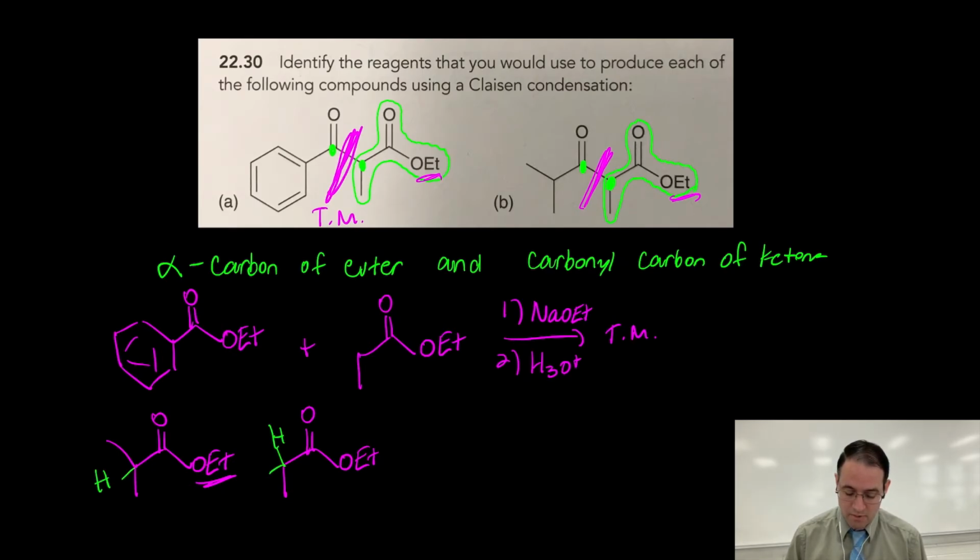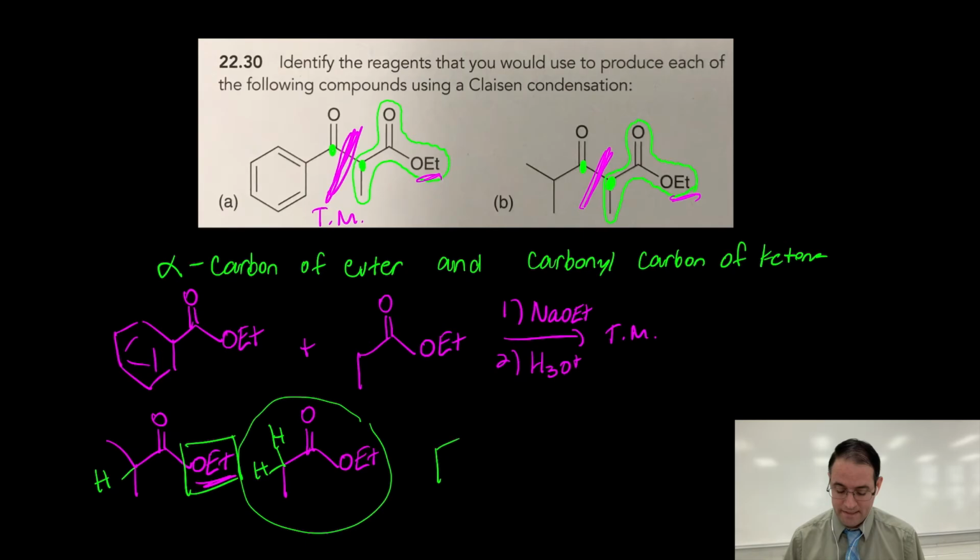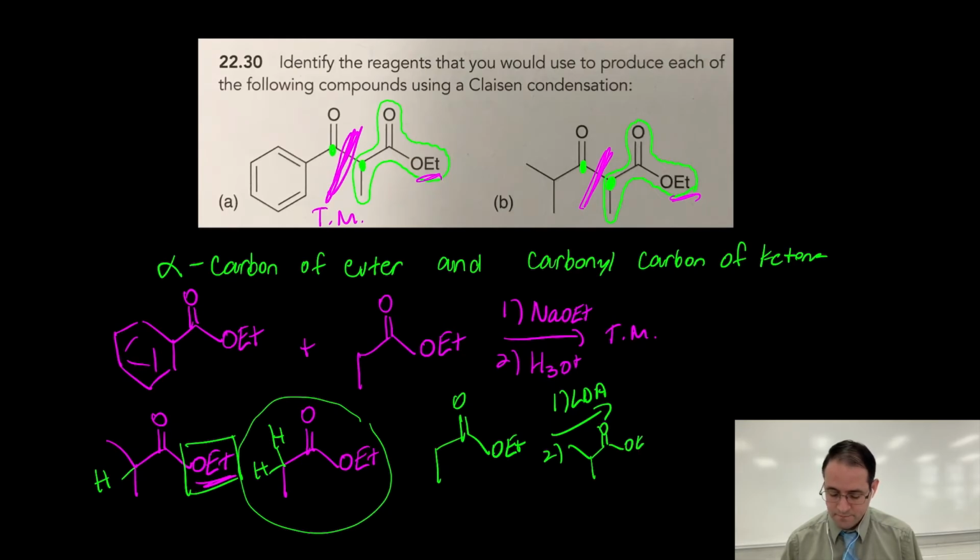Okay. And because of that, we want to use LDA to direct the Claisen condensation. We want this to be the nucleophile because we're kicking off the ethoxy group of the ester on the left. So to do this reaction, we would take this ester, okay? We would treat it with LDA, then we would add the ester on the left, and we would add H3O+, and that would give us the target molecule shown here on the